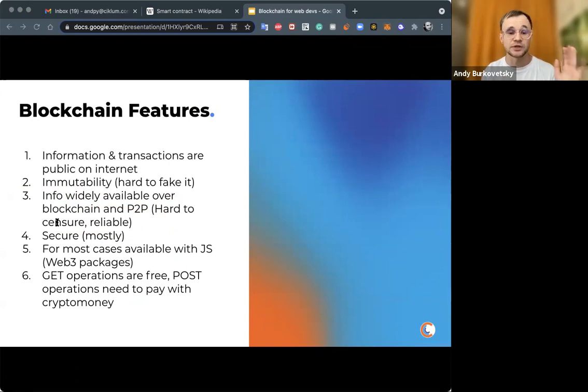Actually, blockchain infrastructure itself is built heavily on the idea of P2P and torrent, which was a prerequisite for these kinds of ideas, and it uses torrent to this day for file management, because it would be really hard to store gigabytes of information on the blockchain. Most blockchains use a torrent system to store and get access to files.